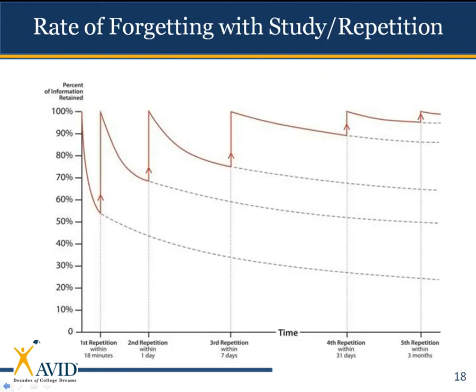Well, who cares? Why does it matter if Deja gets up to 5 repetitions? Well, if that test was about this time, 8 or 9 days later, if Deja had just taken that first page of notes, she would have had about 30% retention. She could have expected to fail that test. But now that she's had 5 repetitions over that, her retention level is going to be up here. Deja's now an A student.